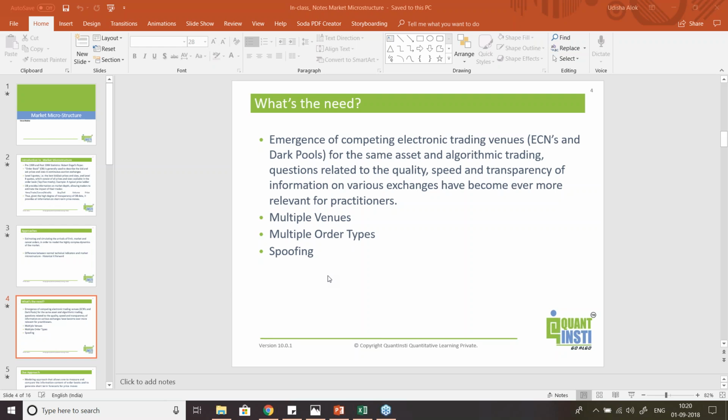Okay, so spoofing is basically when you cheat or rather game other people into giving you whatever you want. So let us say that I have no intention of actually buying something, but I place a huge volume on the bid. As soon as I do that, the best bid moves and the market will move slightly up, right? When the market moves higher, I go and hit the best bid, okay? And once I remove the big volume from the bid side, again the market will come down, and then I take a fill on the lower side. So people do this. I'll just